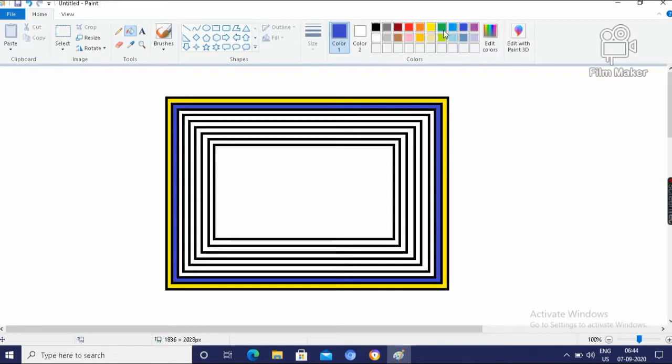As you wish, you can choose any color, light color, deep color.